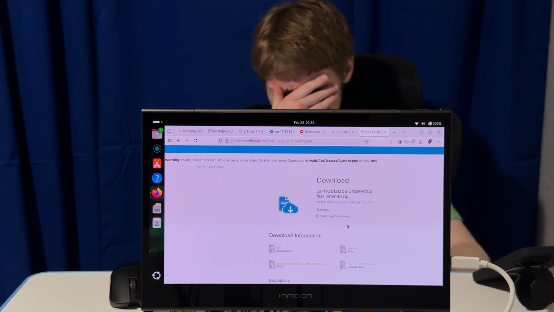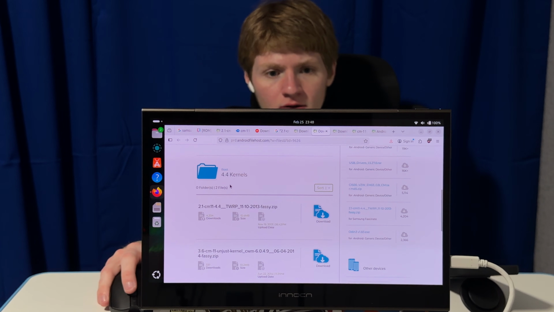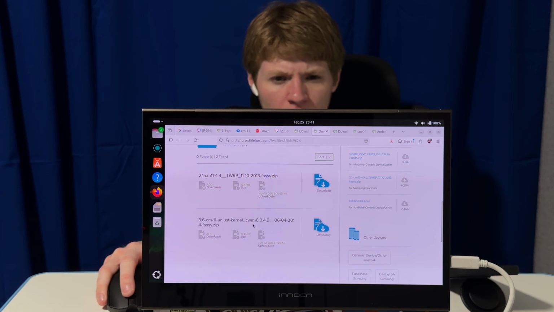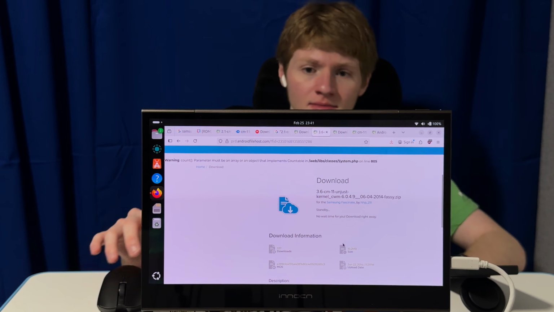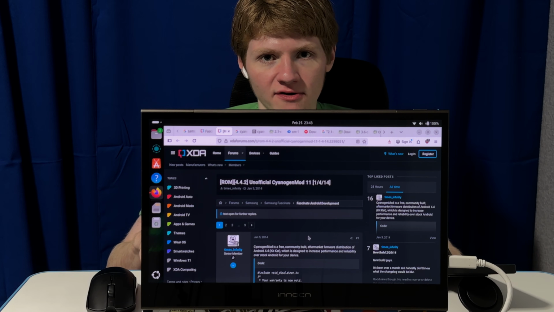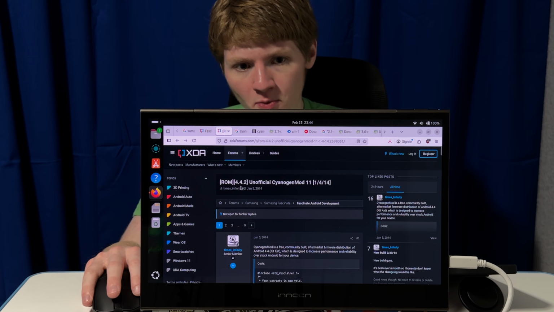Oh man. None of those are gonna download, so I went to the developer's page on Android File Host and I found this other one, CWM, which I think is ClockworkMod? I'm not exactly sure, but let's see if this one will download. It's not gonna work. And as expected, Android File Host was just absolutely no help whatsoever, so I got a newer version here, 4.4.2,